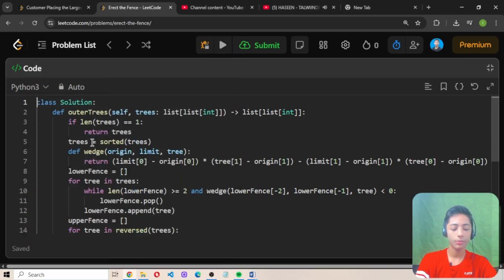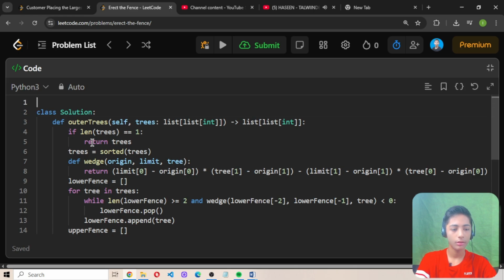Okay, why is it not pressing enter? Okay, now define a class of a solution. First of all,